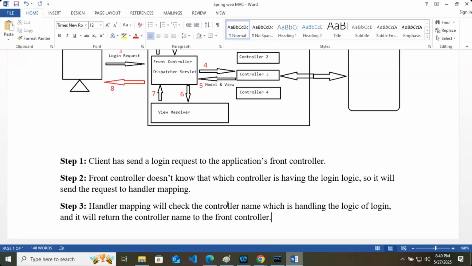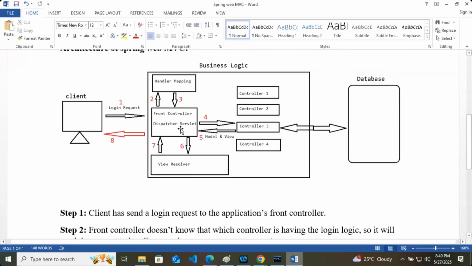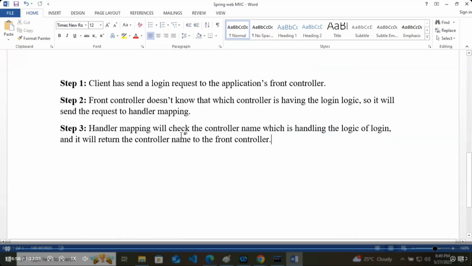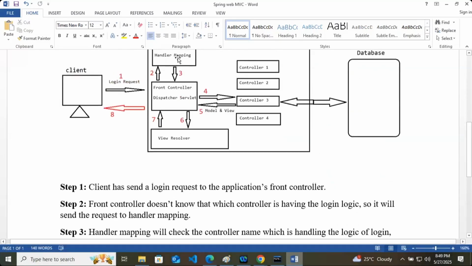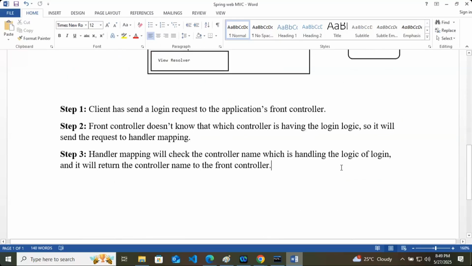I am writing both because if you are checking online, somewhere you will get front controller and somewhere dispatcher servlet. That's why I'm keeping both. In step 3, the handler mapping will tell that, okay, this is the controller handling the login logic.